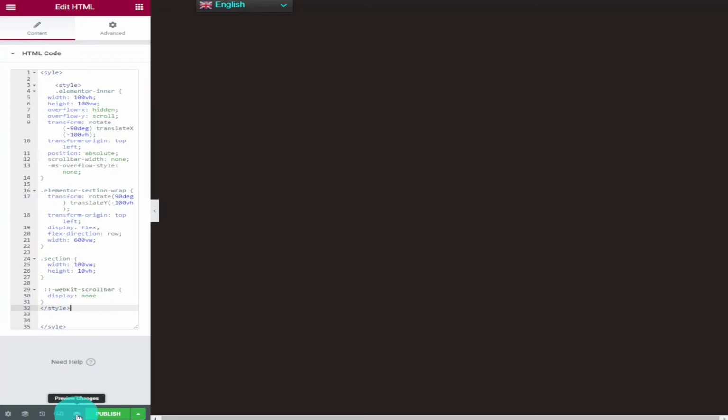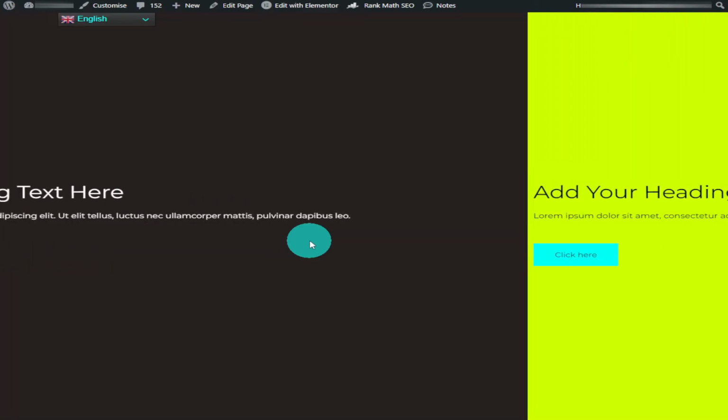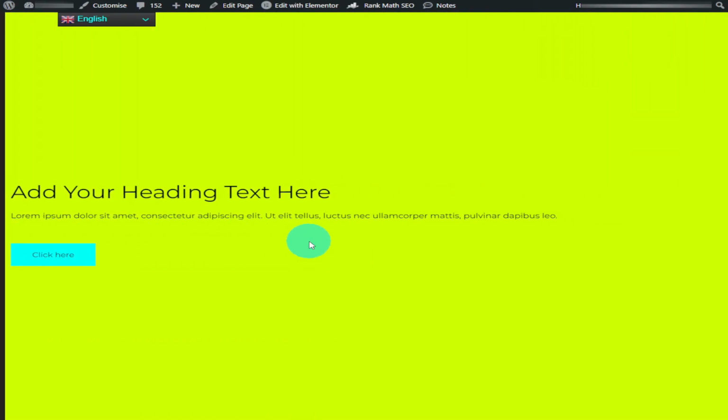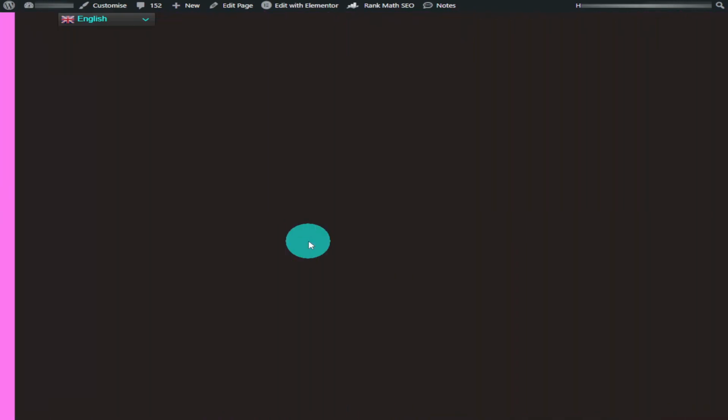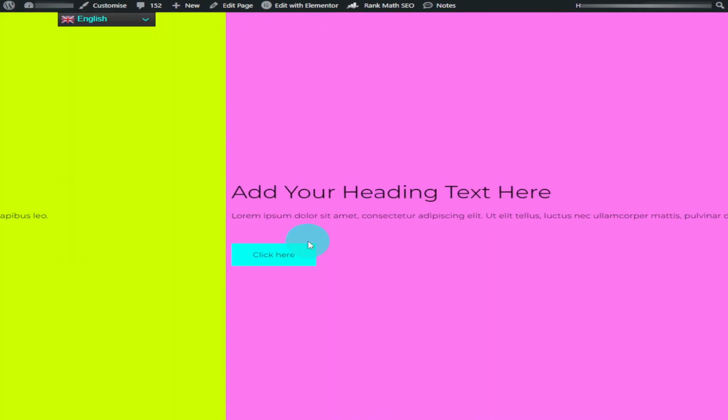All that's left to do is update or publish our page and click on the preview button. Now if we scroll up and down on our mouse, it will move across the page. I could only get this to work in Elementor Pro,